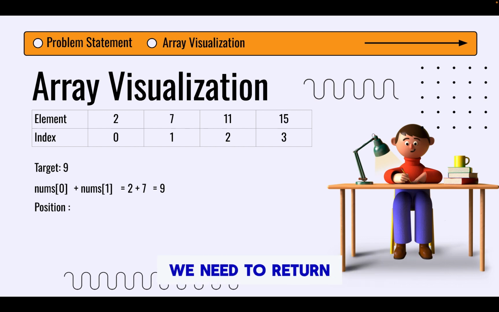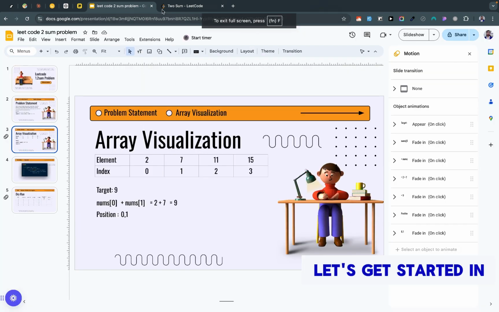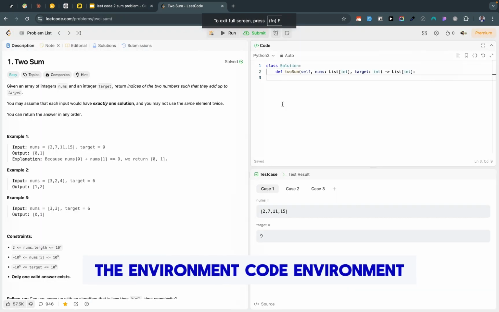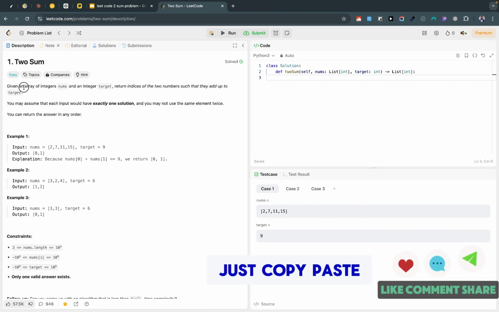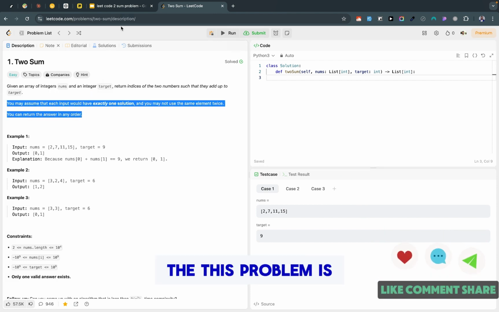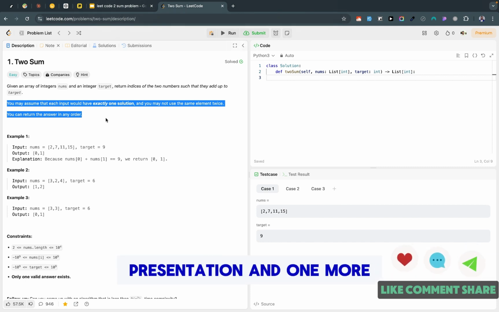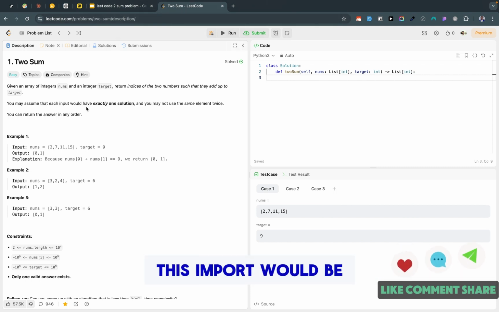What we need to return at the end is the positions of the numbers that we added up together to make the target. So let's get started in the code environment. Basically, I just copy-pasted this problem statement into our presentation. And one more thing: